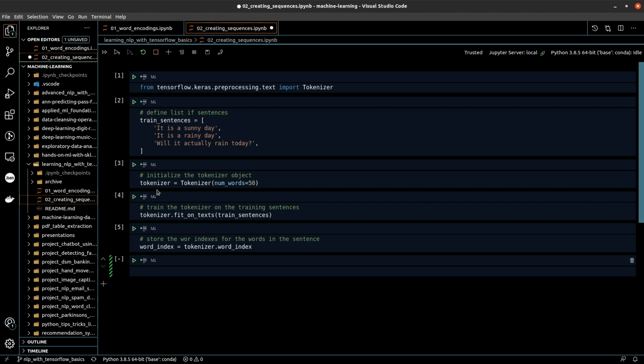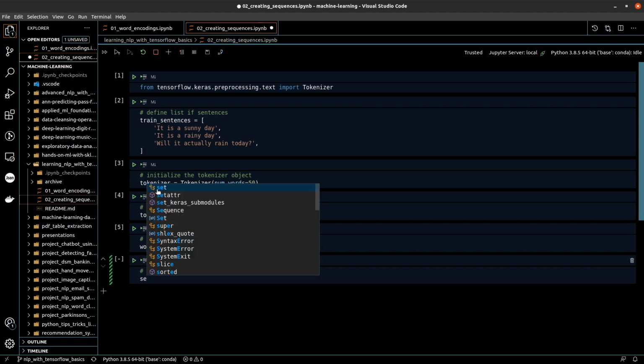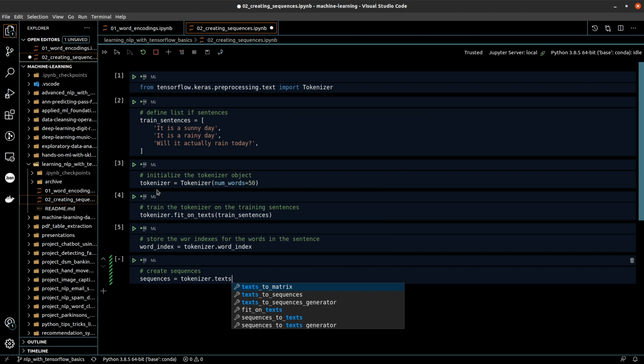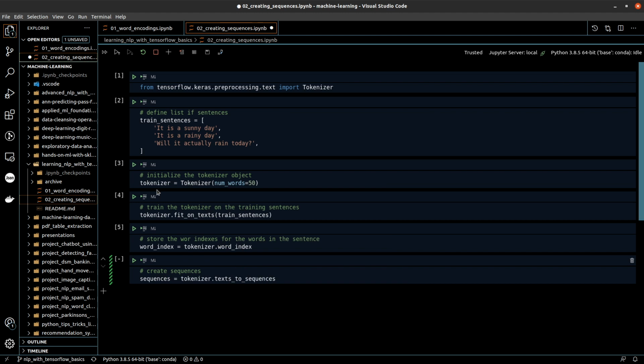So now what we'll get is the word index for the words. But the objective of this video, like I mentioned, is to create sequences out of these words. For that we will use something called the texts_to_sequences function, which is part of the tokenizer itself. So let's create sequences. This is the texts_to_sequences function, and I'll pass the same training sentence set,